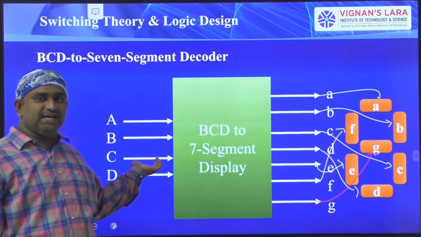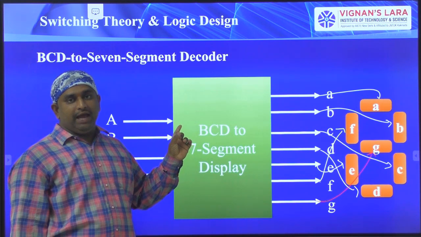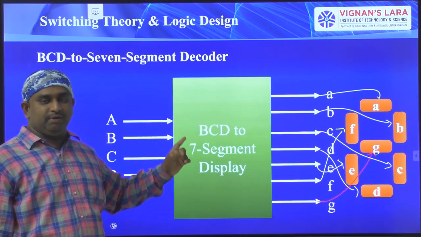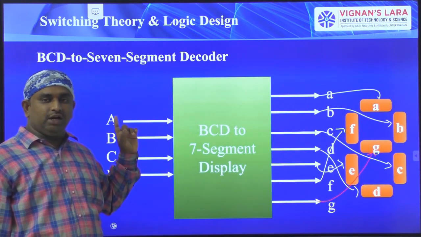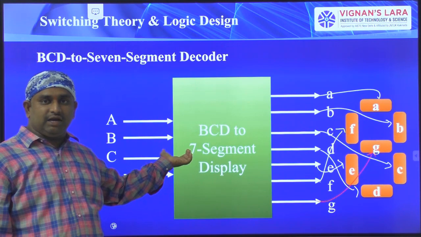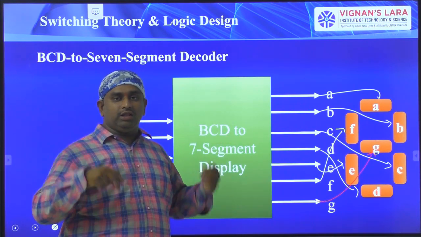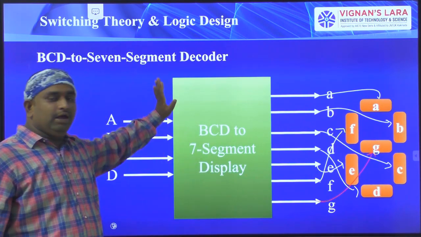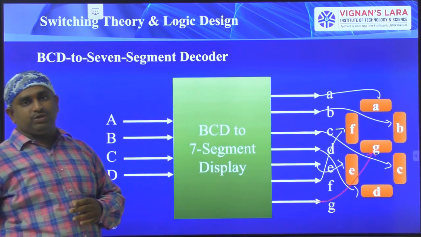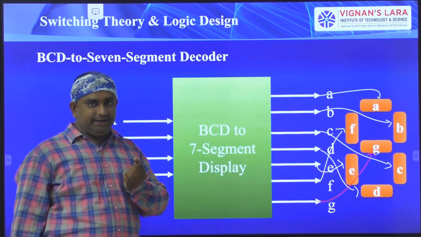Otherwise you can call this a decoder. Generally IC 74183 is the BCD to 7 segment display decoder. That type of integrated chip already consists of this complete hardware: A circuit, B circuit, C circuit. These are all the total 7 output circuits. They are designed on a single chip, and they sell it outside. It may cost 20 rupees or 30 rupees for each integrated chip.